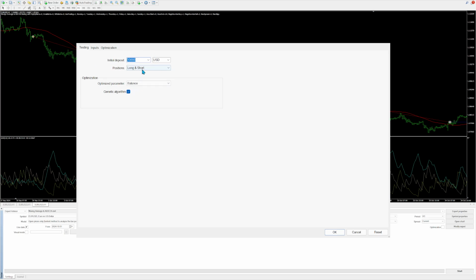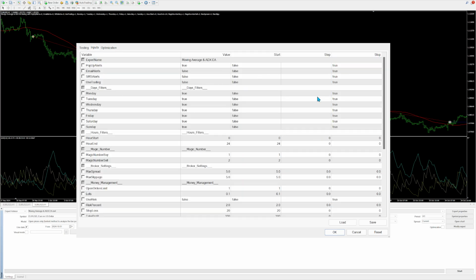So under expert properties, you can choose the initial deposit we're going to test with and the direction we're going to trade, so long and short. Under the inputs tab, this is where you will see all the various EA settings that you can customize according to your own needs. Okay, so pop-up alerts, this will basically send you a pop-up notification when there's a trading